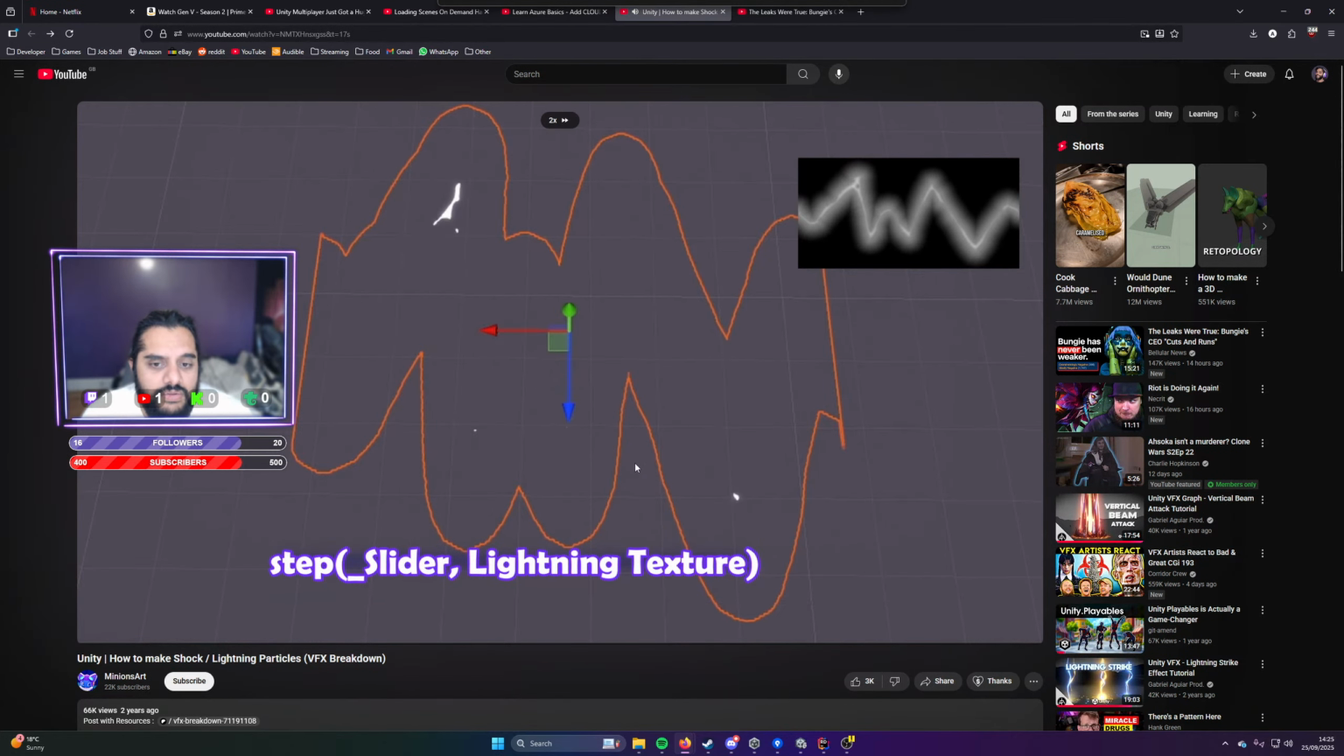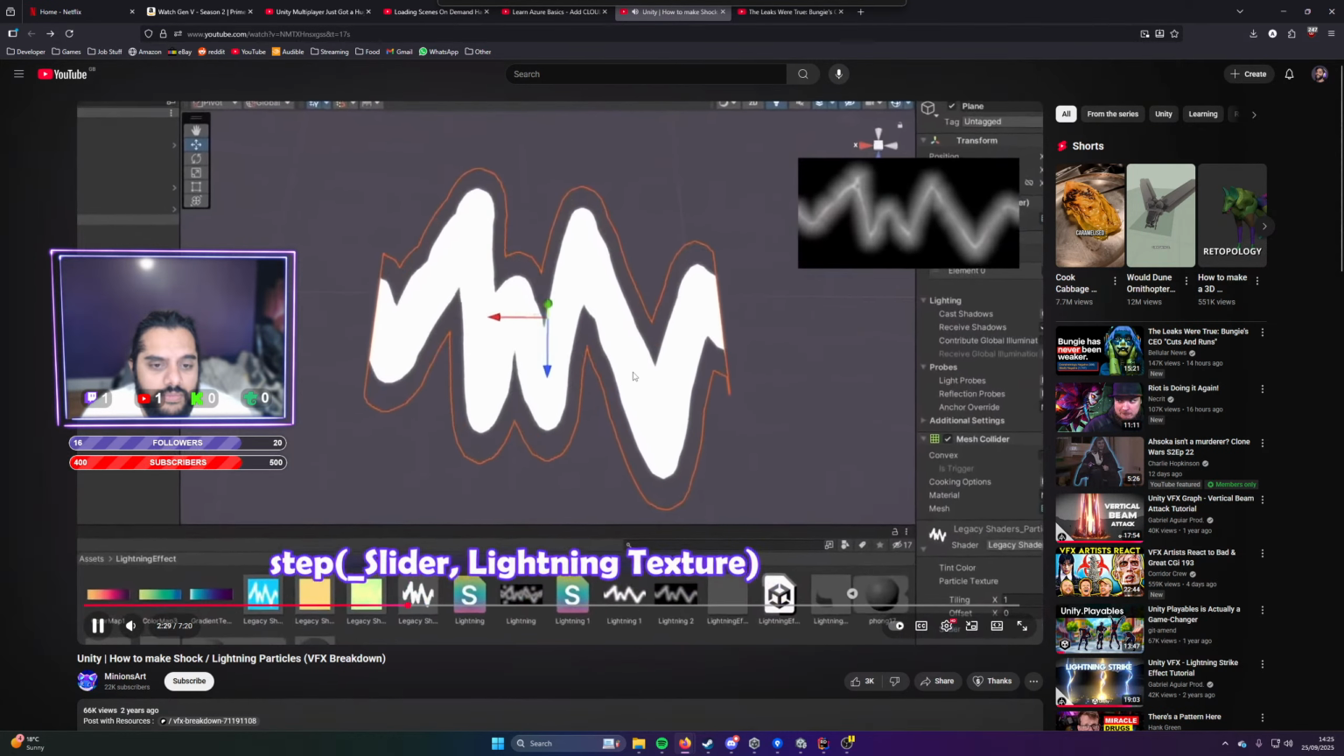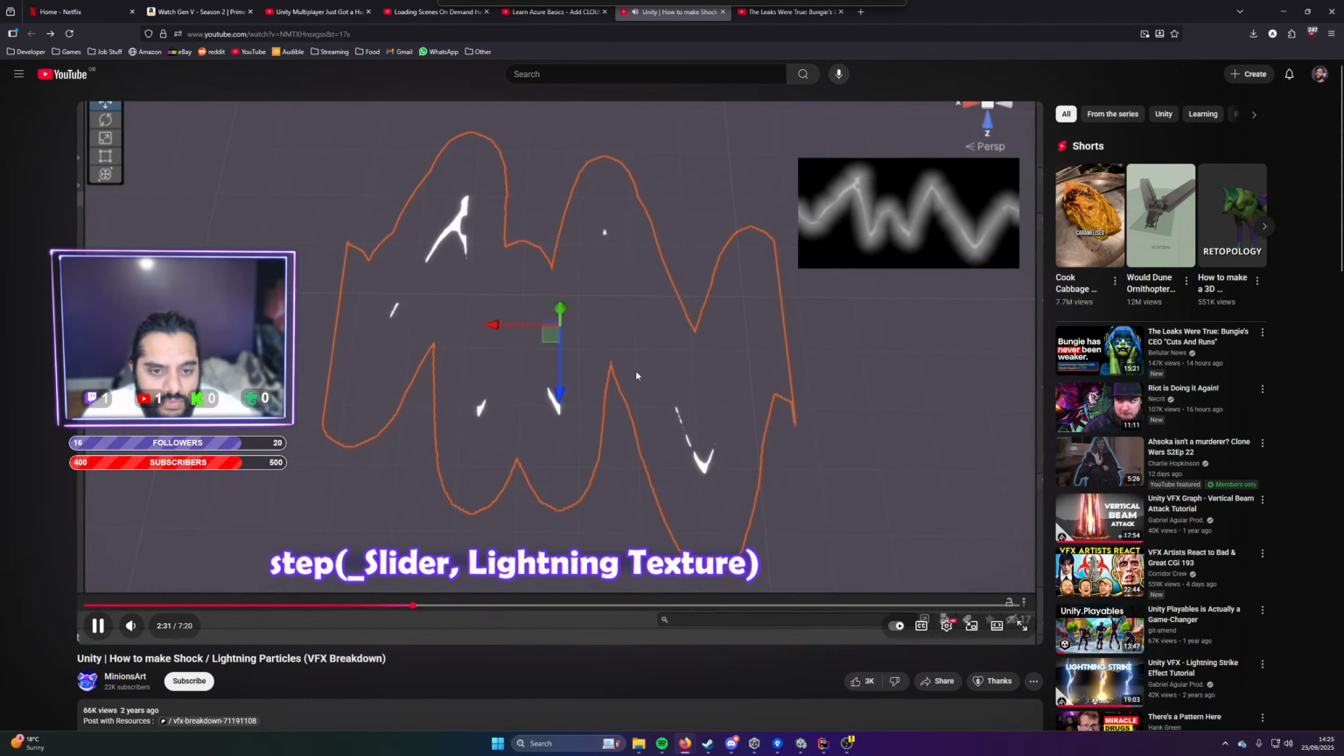She doesn't actually do the actual shader smooth is driven by custom particle texture with the shader graph. If you want more, the shader will sample the lightning texture like normal. Then to create a